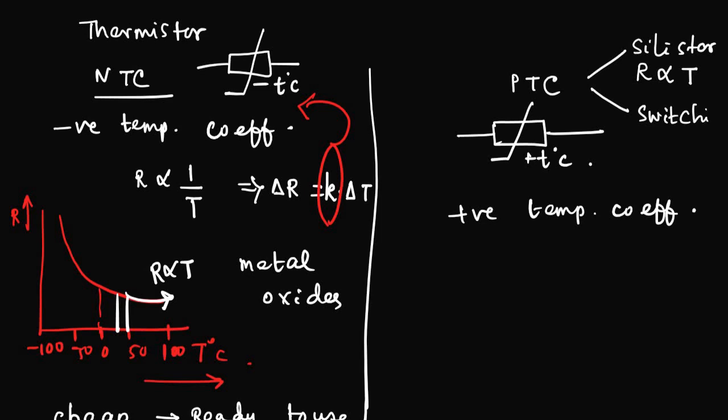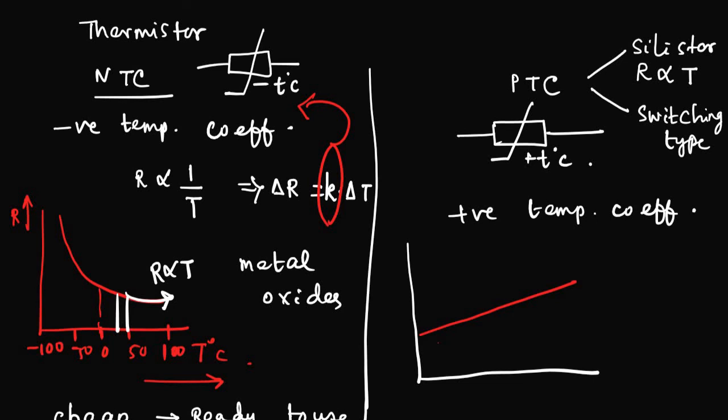Another PTC is the switching type. What do you mean by switching type? Resistor, I don't need to give you the diagram. The diagram is the same as the linear graph like this. The graph for the resistor will be like this only,